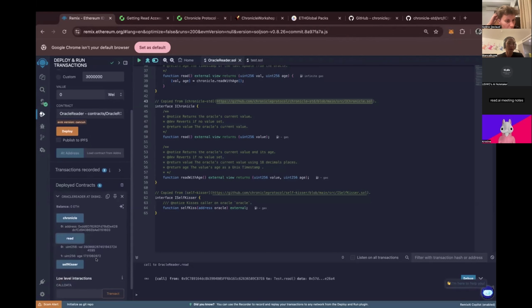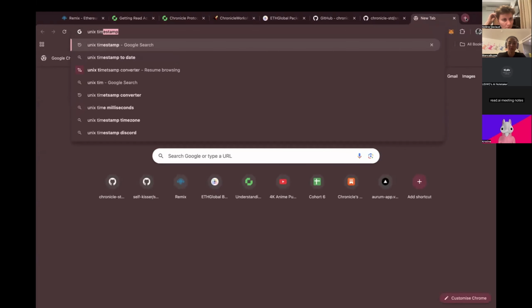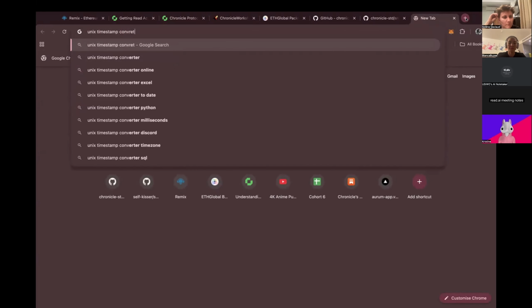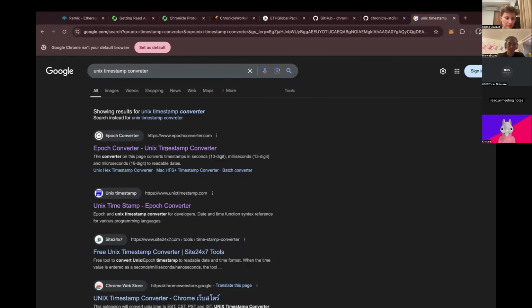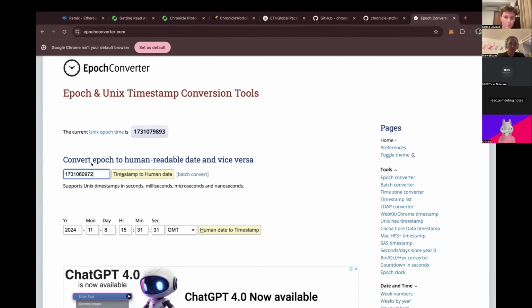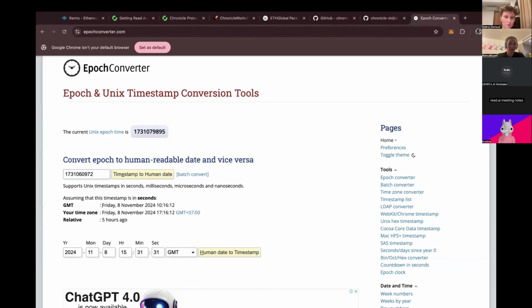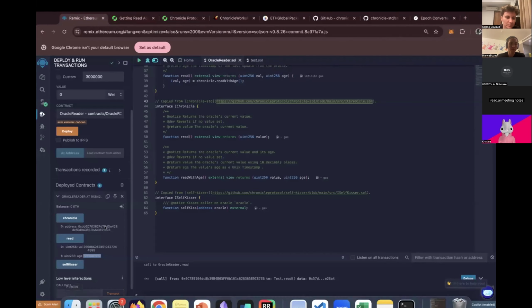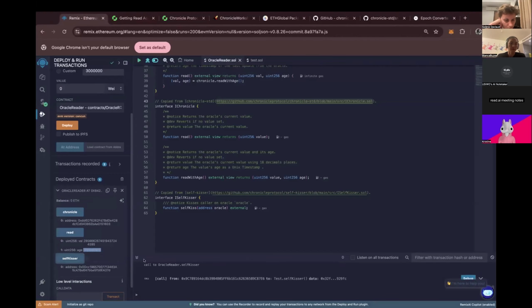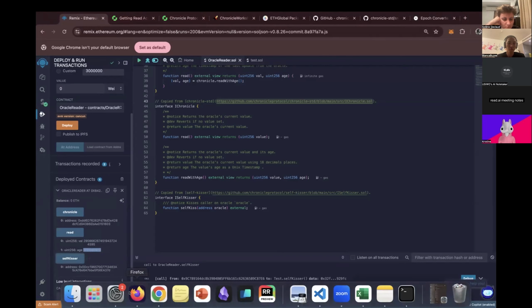And then the age, this is the Unix timestamp since the last update of the oracle. If we take this and put it in a Unix timestamp converter, let's see when the last update was. Here, Friday, 8th of November at this time. So that's that. And the self-kisser is just the address of the self-kisser. Now I wanted to show here,